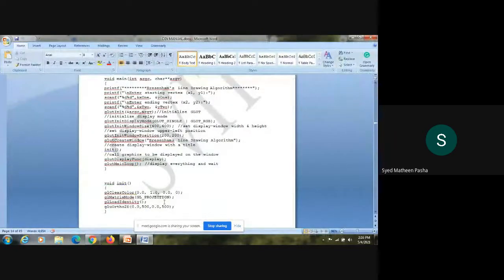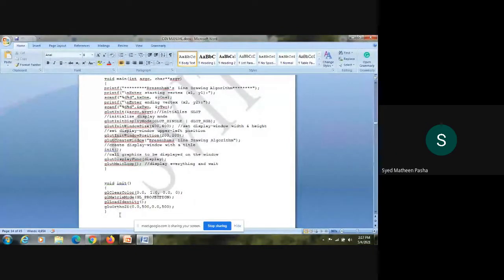First, it will call glClearColor. What does this function do? It specifies the clear value for the color buffer where the color is stored. What is the color here? It defines the background color as green. I guess some of you have executed this program. You have got green as your background color. So with the help of this function, you are setting the background color to green.